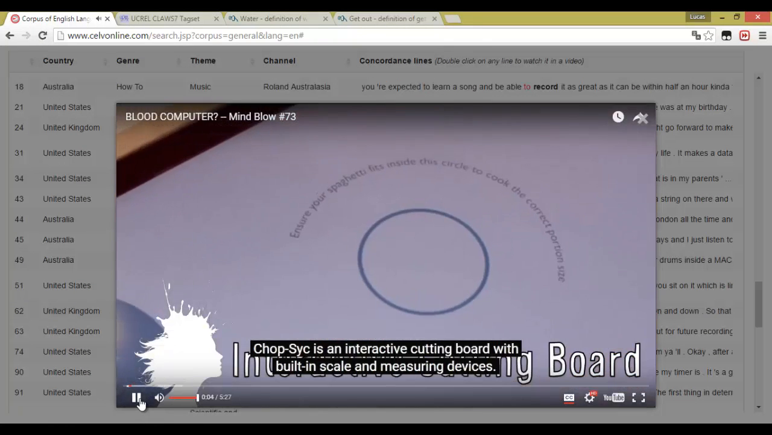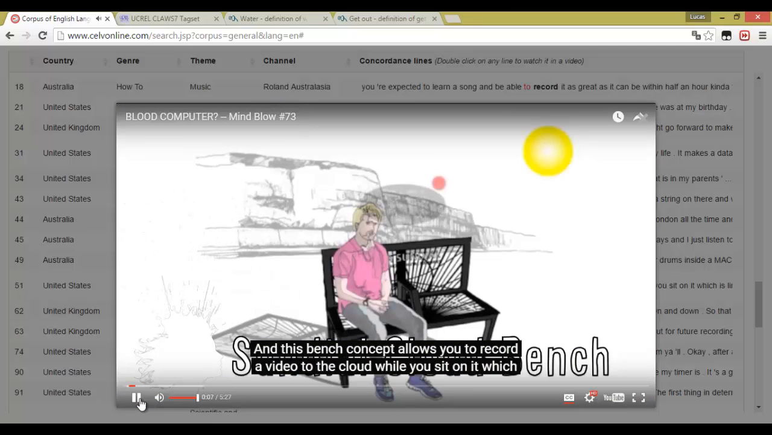Scale and measuring devices. And this bench concept allows you to record a video to the cloud while you sit